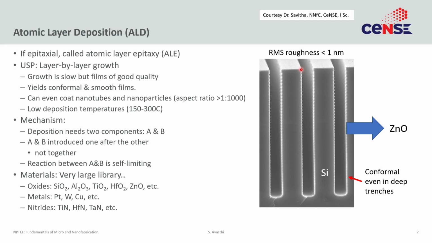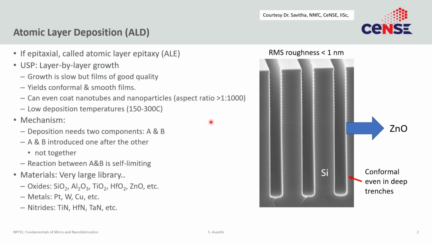So that film is what is deposited by ALD, and it is extremely conformal. You see it follows the topology of the underlying silicon pretty exactly. The roughness that you can see on the top is less than a nanometer, and it's conformal even very far deep below. The thickness at the bottom, the thickness at the side, and the thickness at the top are essentially the same. So ALD really shines in applications where you need a very conformal and very smooth coating, all right?